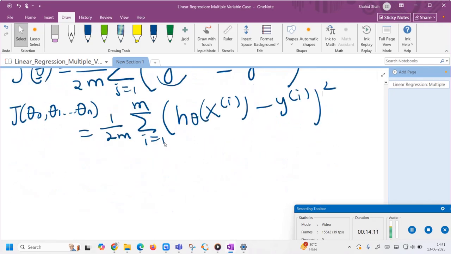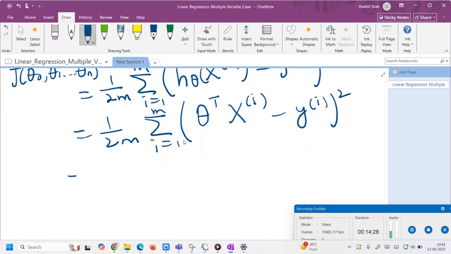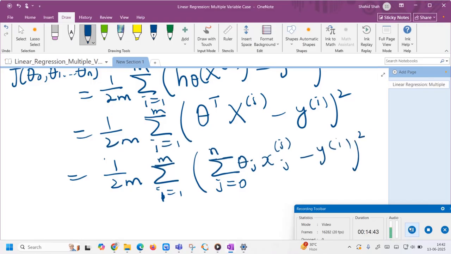What is another way to write it? 1 by 2m summation i equal to 1 to m, and we can write here theta transpose x i minus y i, squared. If you want to write it in an even more horrible way, you can write theta transpose x as summation j equal to 0 to n theta j x i j, minus y i, squared. And this is the loss function,